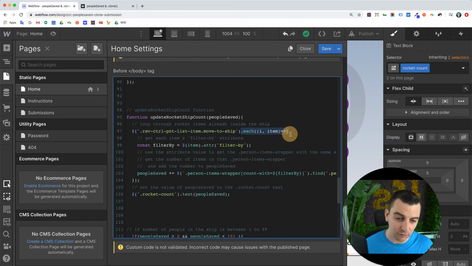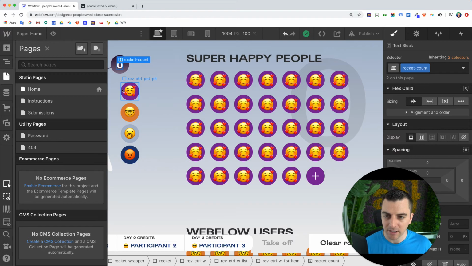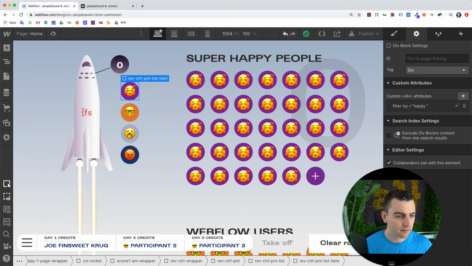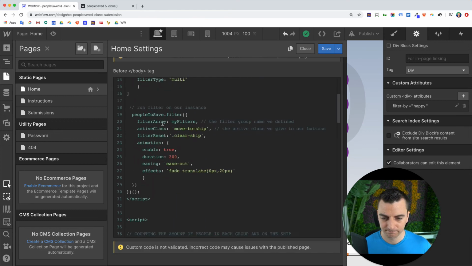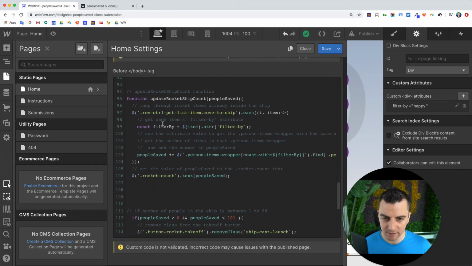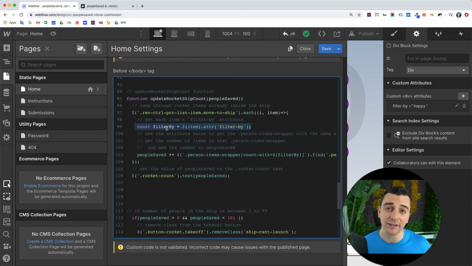And for each of those groups, we're going to get the filter by attribute. So we have a variable of filter by, and that is going to be the item's attribute filter by. So our move to ship, our filter button right here. Let's check this out. Filter by happy. We are taking this attribute, and specifically happy. And let's get back down here. Okay, we're right here. So we have filter by, and each one has its own value, and we're storing each